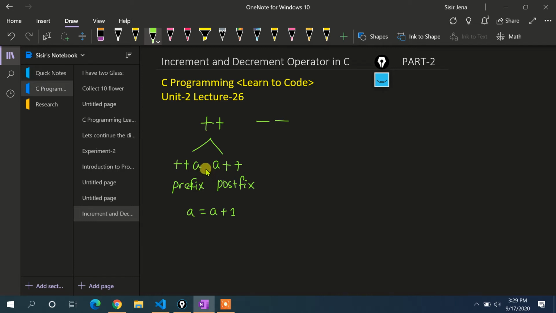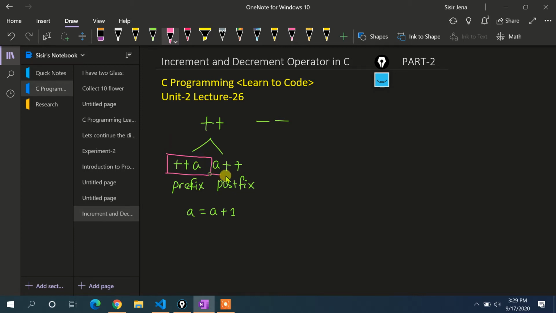But I have already shown you the difference between plus plus a and a plus plus. A similar rule is applicable for decrement operators also, so no need to discuss all these things. But I want to recall that when a prefix is written, like plus plus a, the value of the variable a will be incremented first, then it will be assigned.